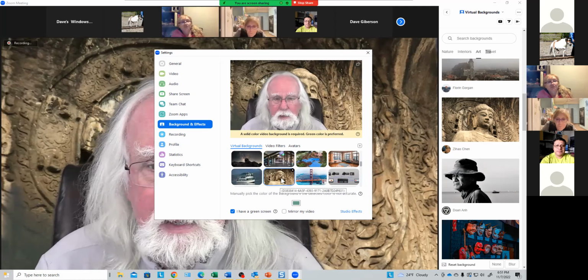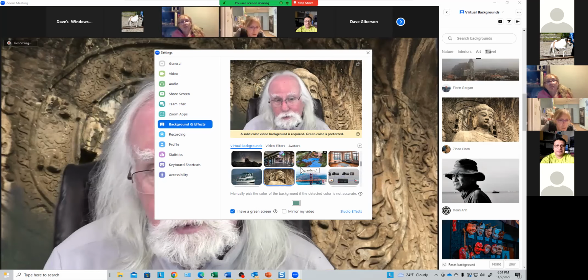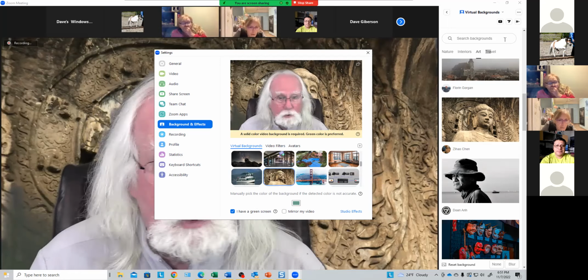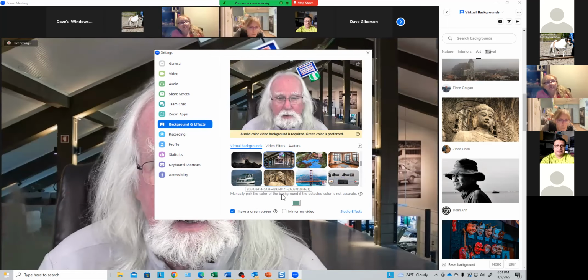And there's the Buddha. They're added to your virtual backgrounds in your Zoom client. So if you want to use them later without looking for them in the app, you can use them right out of your Zoom client,